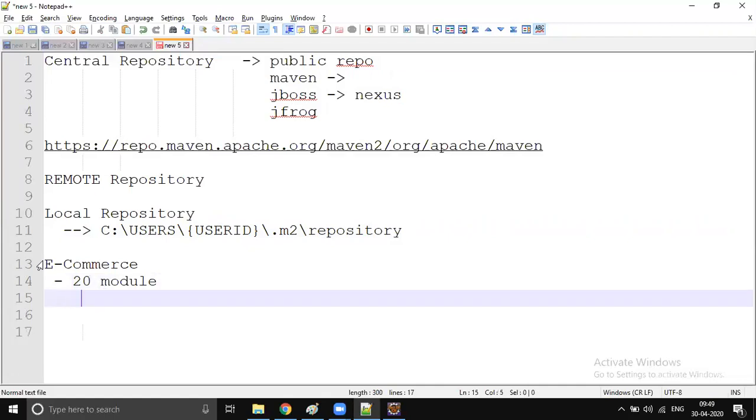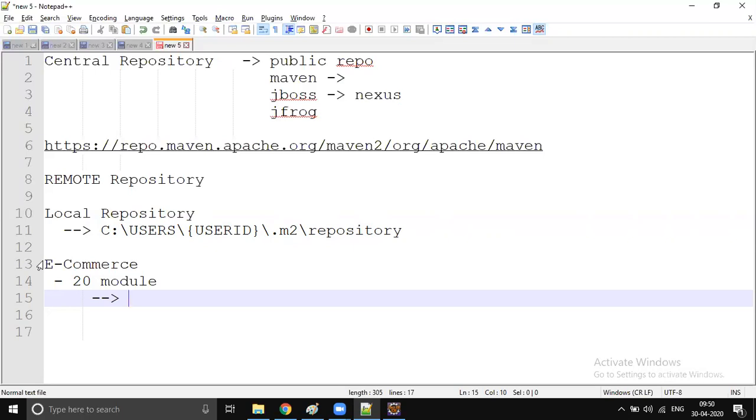Come on, guys. How many Maven projects did you create? Only one, I think. No, 20 projects, right? 20 Maven projects. Each module is a Maven project, especially with microservices. As we're going to learn microservices, each module is a separate Maven project. There is no interdependency. A microservice is meant to run individually.